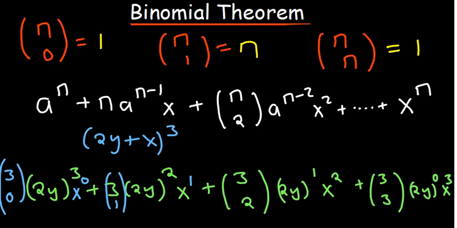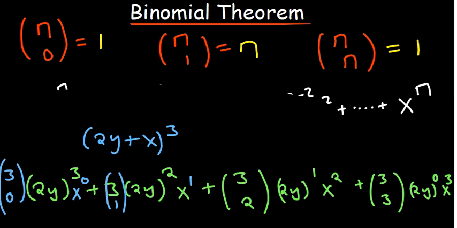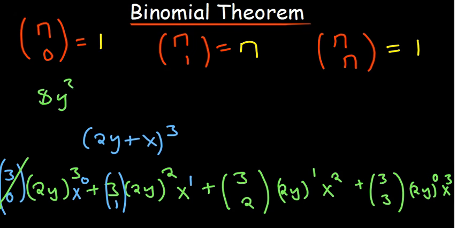So that's basically the way the expansion works. Now of course, with some of the things that I've taught you and already explained, instead of showing all that, you can just simplify your work, because you know 3 choose 0 will always be equal to 1 in respect to the value of n. Now 2 to the power 3 is 8, so you have 8y to the power 3. X to the power 0 is always going to be 1, so it's not necessary to show it,